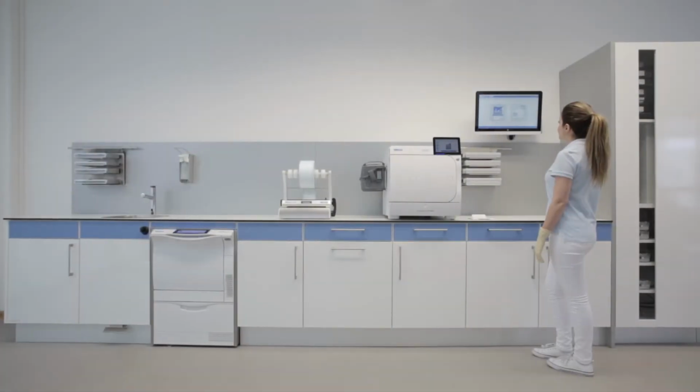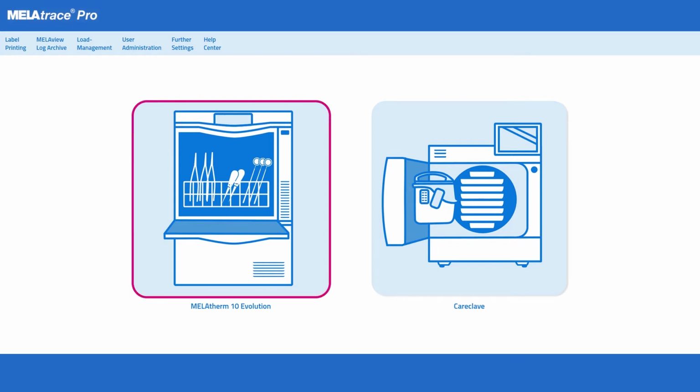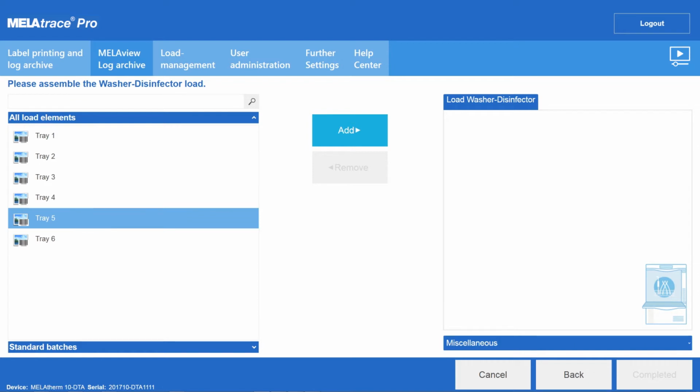MELAtrace Pro combines the process of cleaning and disinfection with sterilization. To obtain a complete documentation of the entire decontamination process, please start with loading the washer-disinfector. You can now select the load elements and add them to